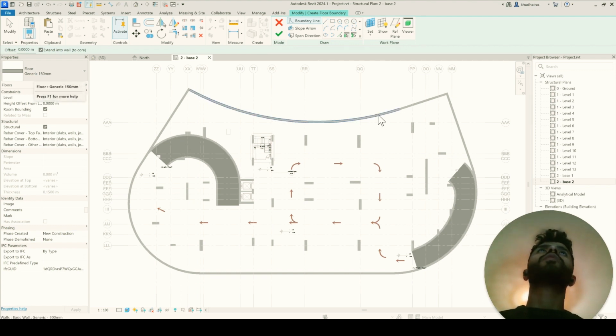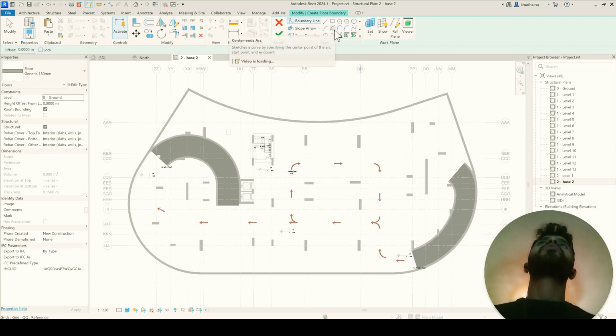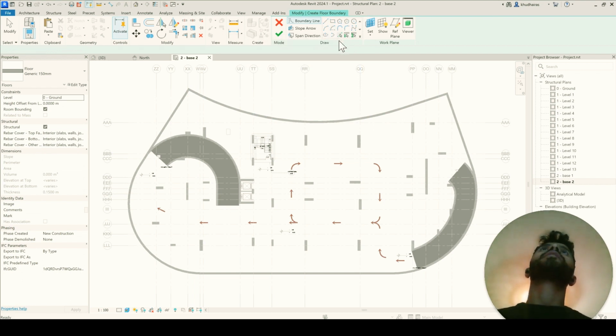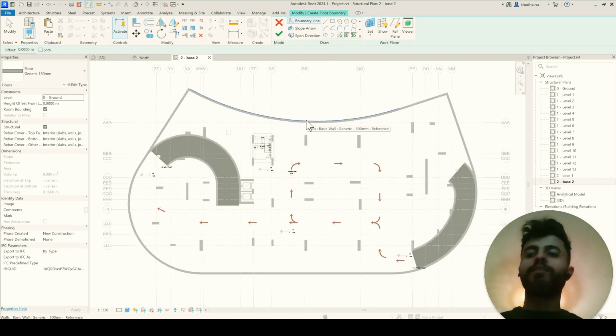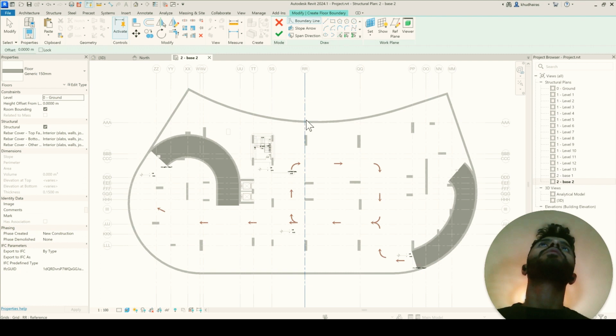Then we have options. So as always, we take the outer boundaries of the walls. We have the option to draw a pick line and go around the edges, or we can use the pick walls as we draw the external walls. When we stand here, we press Tab, Tab, Tab, Tab until we select that outer boundary. Yep, there we go. Press on this. It should be selected now.